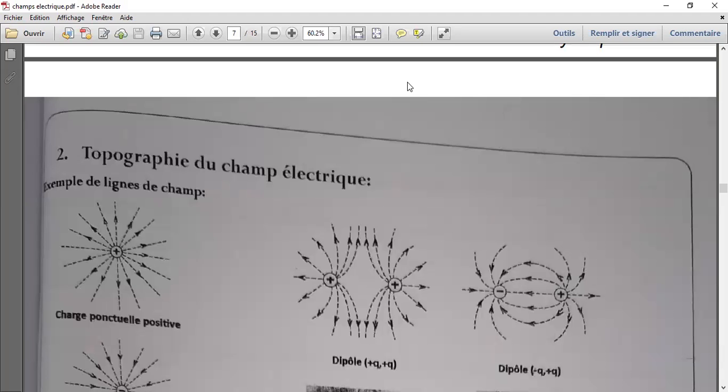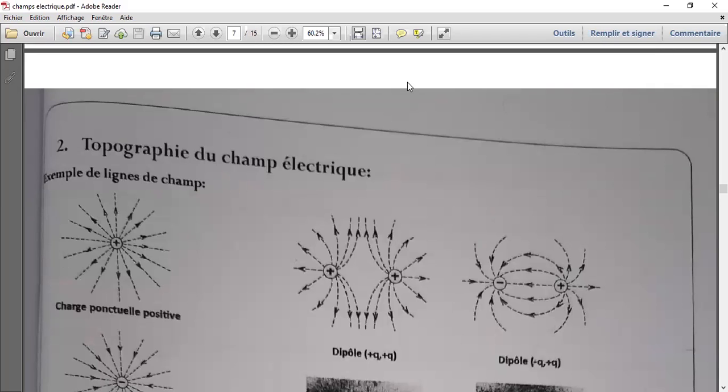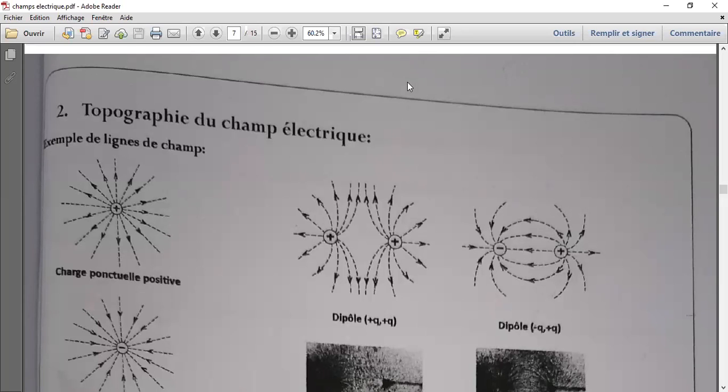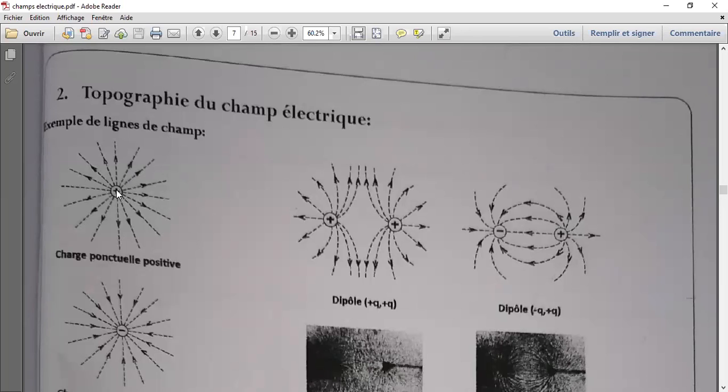Then topographie du champ électrique, exemple de ligne de champ. Basically we are learning about those lignes de champ so that you just have some knowledge or some facts about lignes de champ. So here there are some examples of lignes de champ. Basically you should know that if you have a particle,